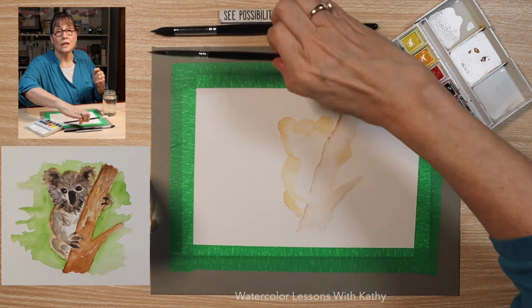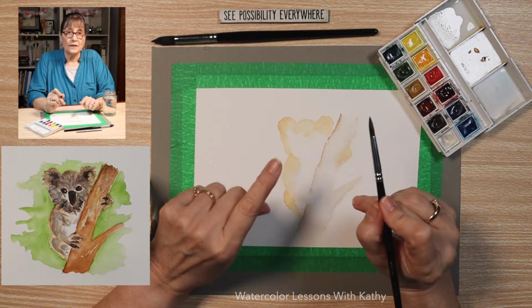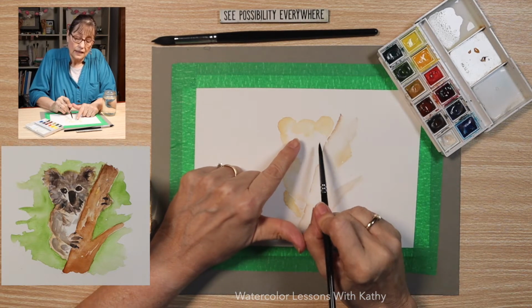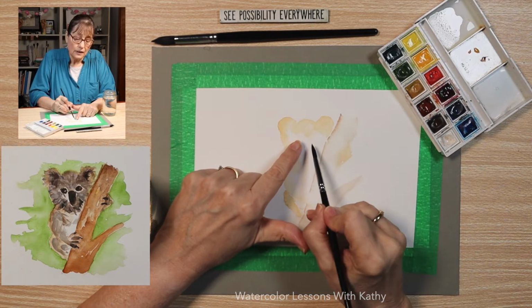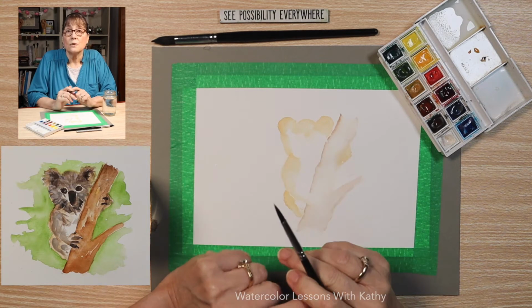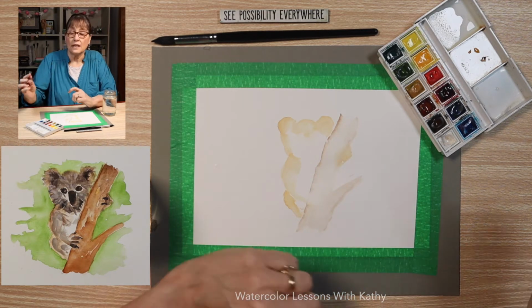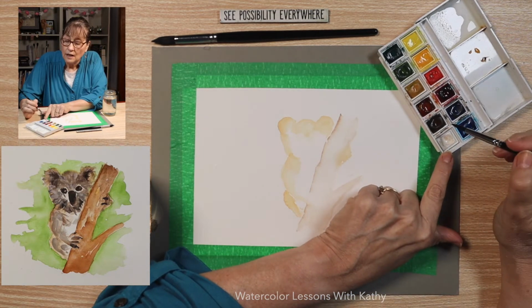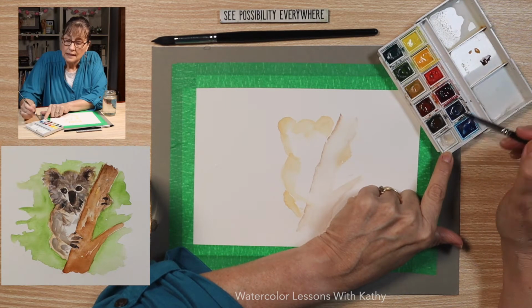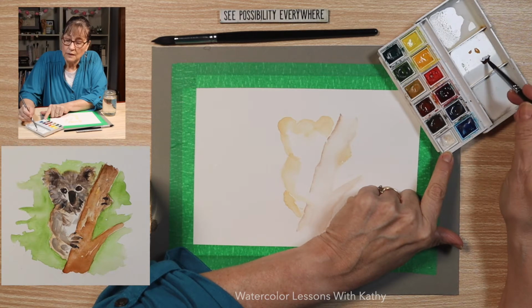Still staying with our liner brush, let's work on the eyes of the koala. And the eyes are really dark, and they're going to be about right here. And then the koala has a dark nose. So to make that color, let's use our burnt umber and ultramarine blue here. Get that dark color